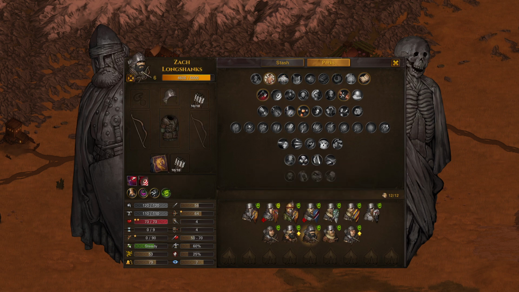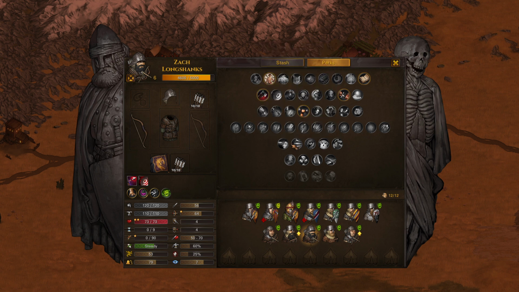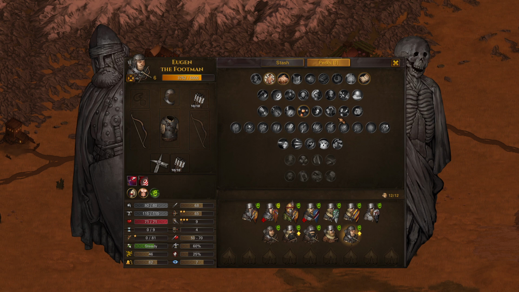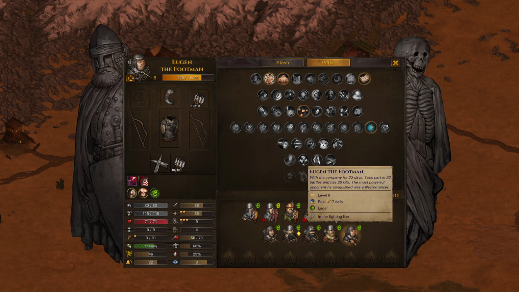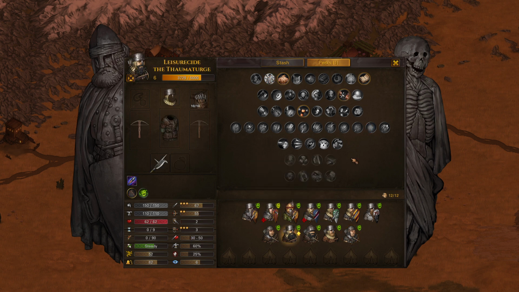Overwhelm is generally really good on archers, because you can oftentimes attack 3 times in one turn, so you're applying multiple stacks of Overwhelm. You know what, let's look at Eugene first. Let's give him... Man, we got to give him Bow Mastery. Now that they have their war bows... Oh, he didn't have Quick Hands yet. That's okay. When you have a war bow, you definitely want to be using that. That's a lot of damage. And then lastly...